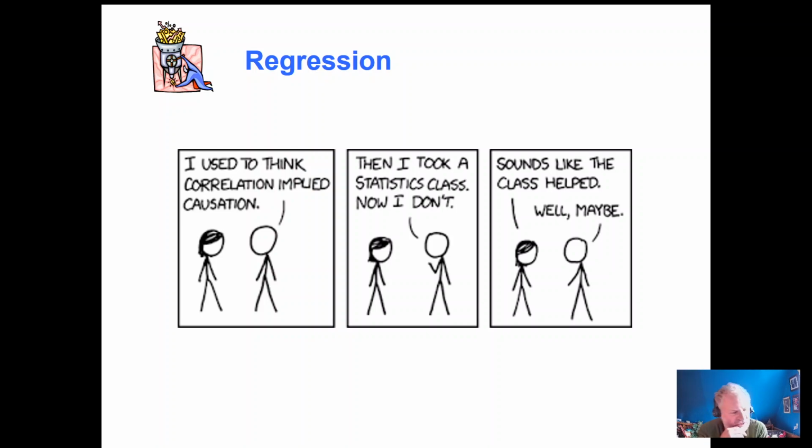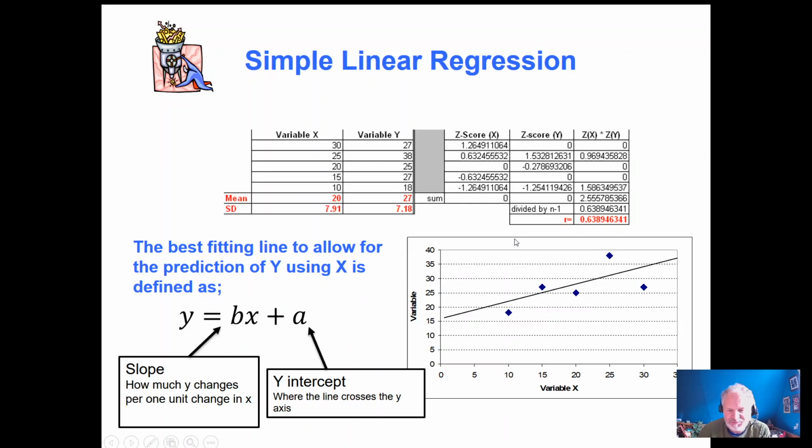Okay, so we'll continue on, and the last piece in terms of correlation regression is regression. I have an example on the next slide. Just some data. I have 1, 2, 3, 4, 5 subjects. I've measured them on some variable x, which is on the x-axis, and variable y, which is on the y-axis. I can see I've calculated the correlation coefficient for the sample correlation, and I can see that the correlation is